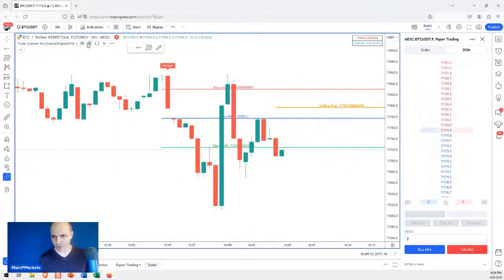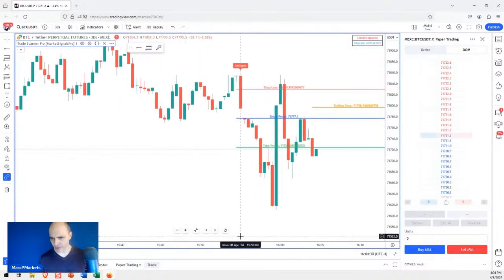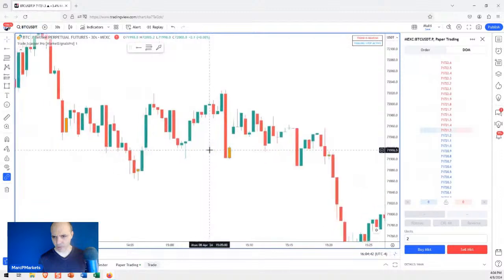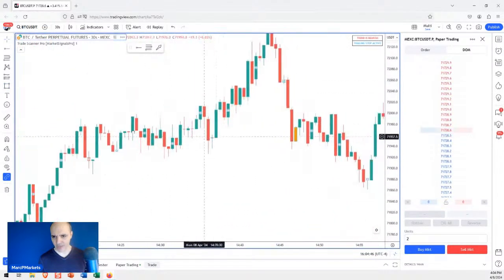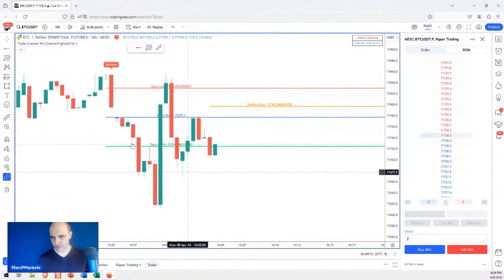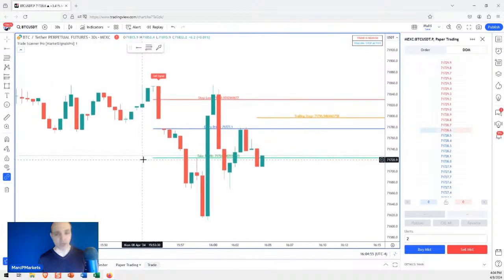But come on, how cool is that heads up thing? There's no heads up over here. Let's see if we could find some. Look, here's a golden candle. You see those golden candles? Those are heads up. They're just to give you an idea that a signal may be coming. Okay? There was none for here. There was no heads up. They don't always show up.